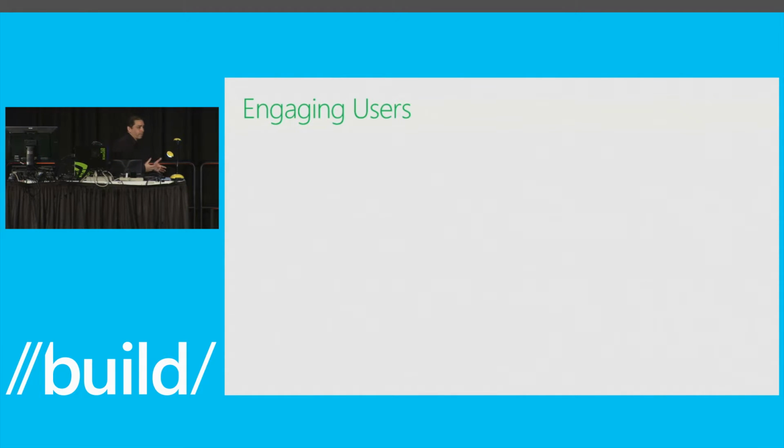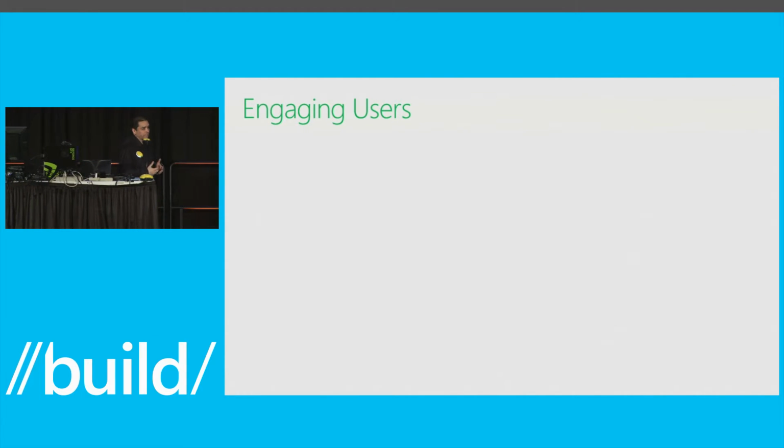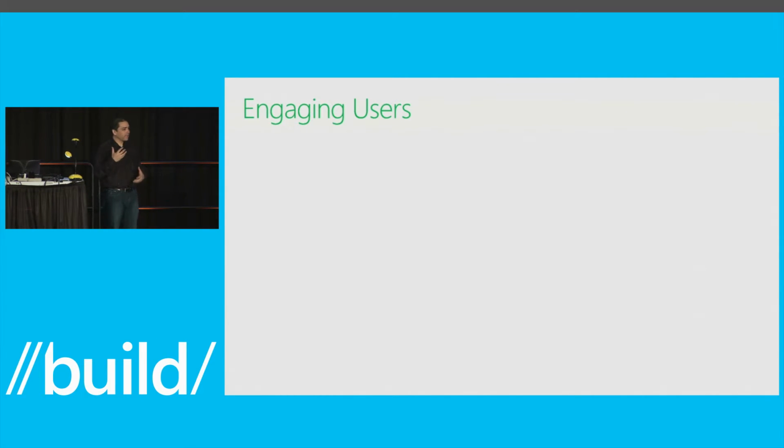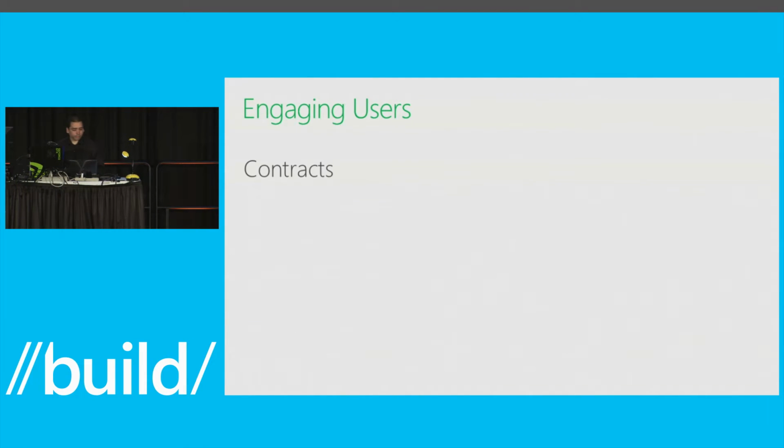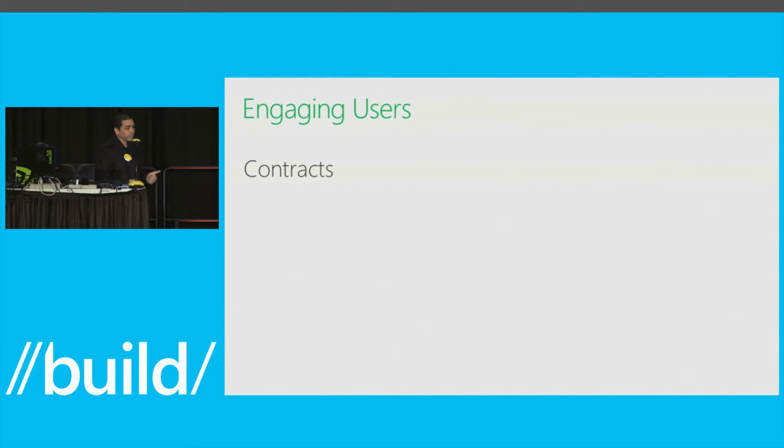So that's what we have with regards to building apps. But we know that gamers have to go a little bit beyond that. You have to think about how you're going to engage, how you're going to monetize, and all this stuff. So let's get into some of the features that we're adding to Windows Phone 8.1 that are going to help you improve on that. The first thing we're adding is contracts on Windows Phone.